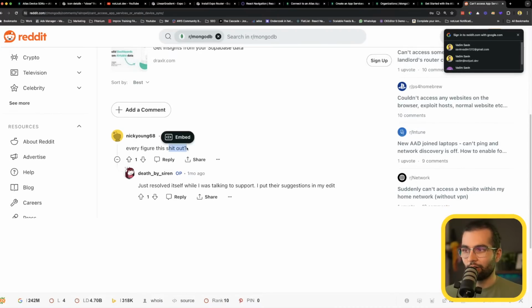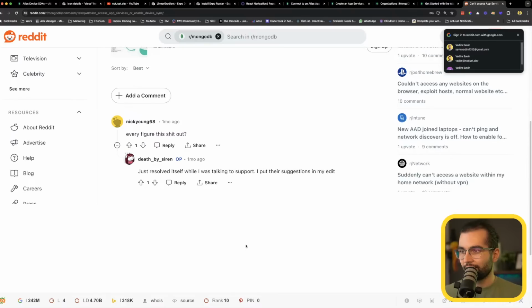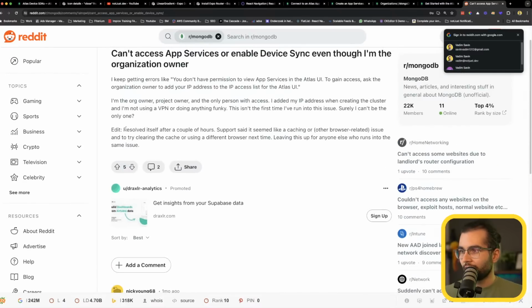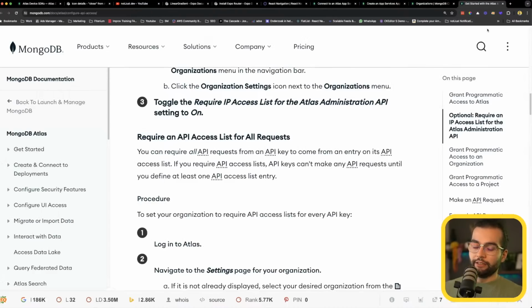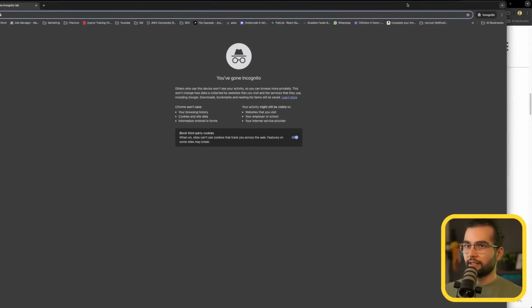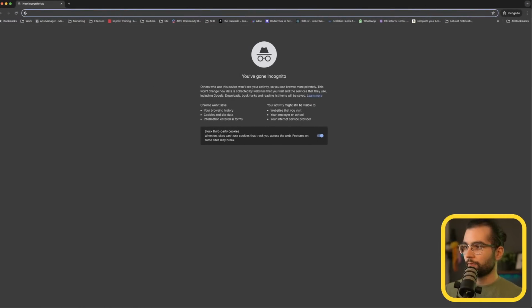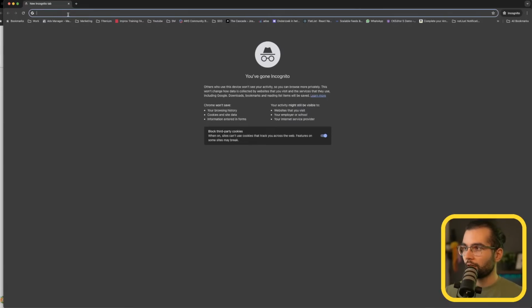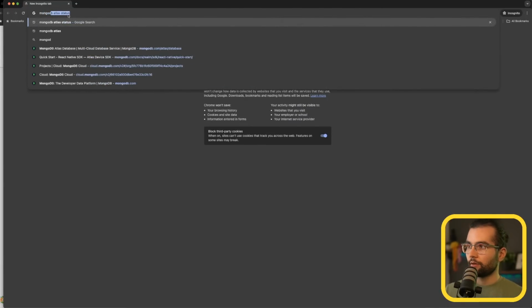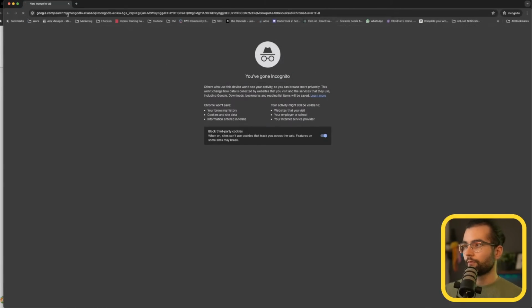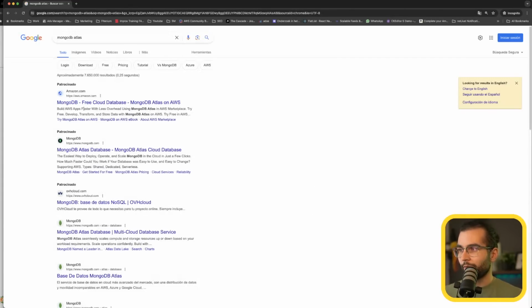Exactly how I feel right now. It will resolve itself after a couple of hours. Support said it seemed like a caching or other browser related issue and to try clearing the cache or using a different browser next time. That's weird. Let's go ahead and start in an incognito tab. If that's the problem, I'm going to be